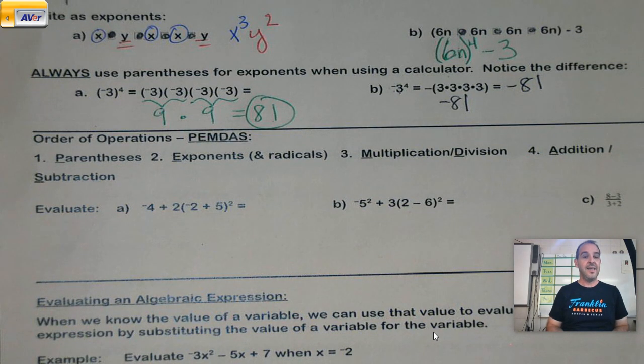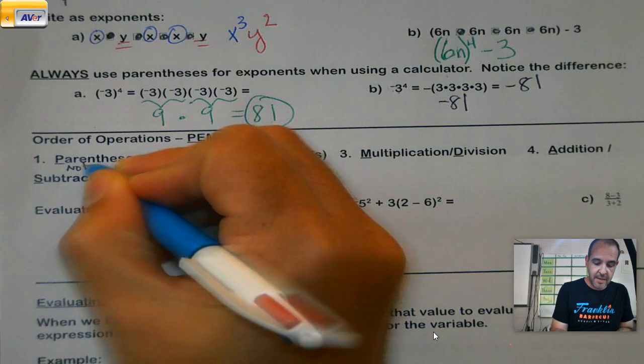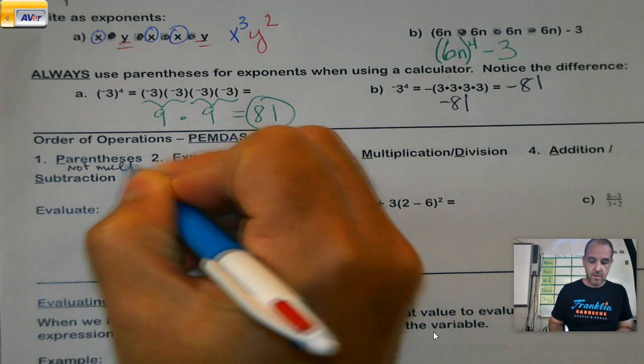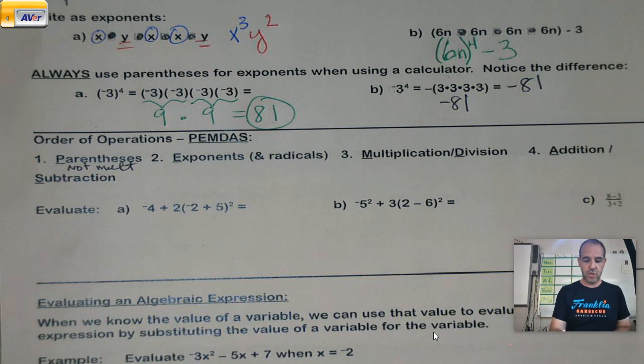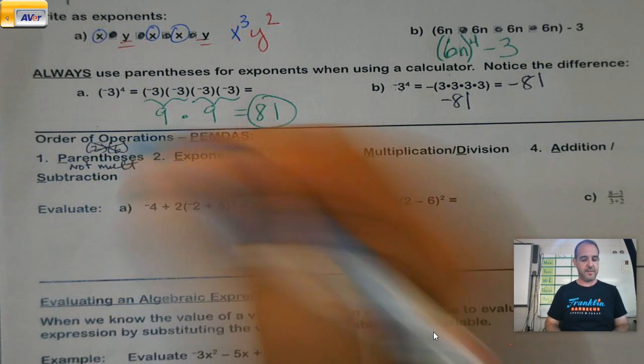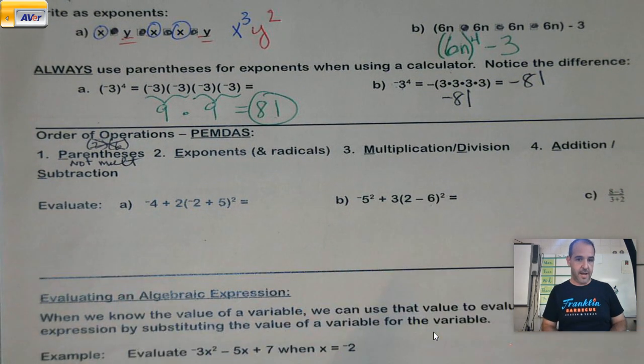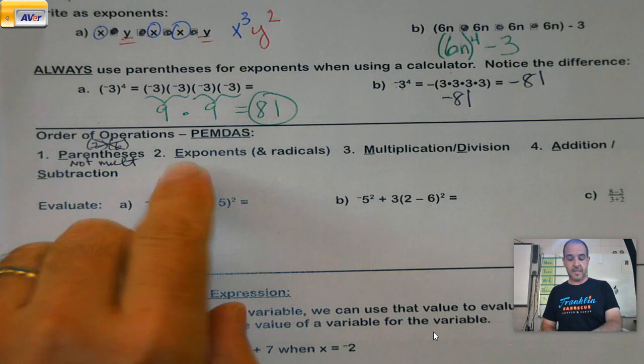deal with on these. It's the order that we have to take things in. And what I want to stress to you here is, when we talk about parentheses, I don't mean the multiply type. I don't just mean that two numbers are next to each other and it's 2 times 6. That's not parentheses like we're talking about here. Parentheses is there's an operation going on inside. Okay? Exponents and radicals,